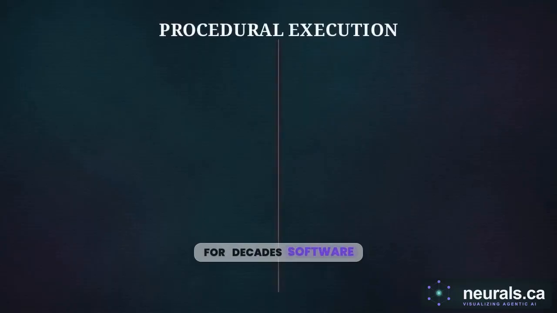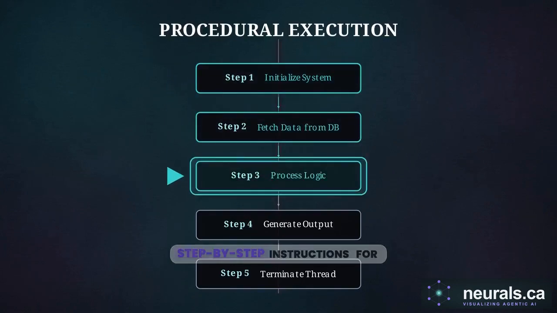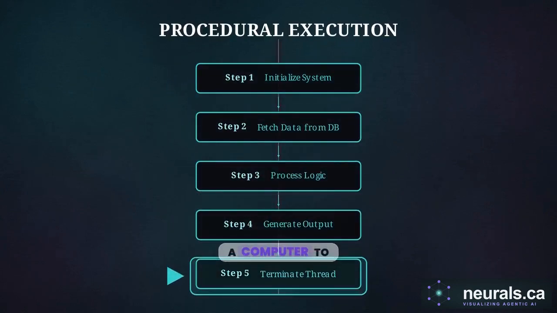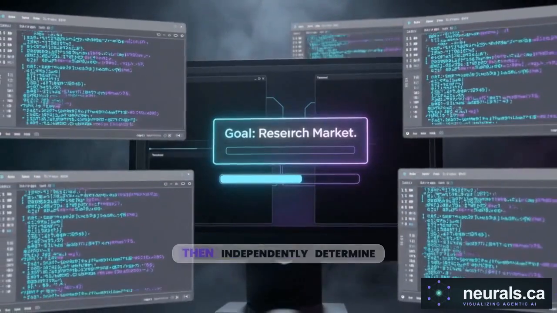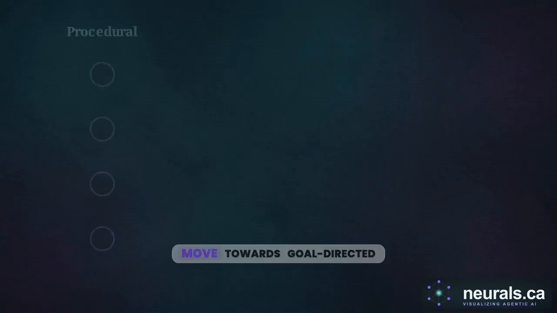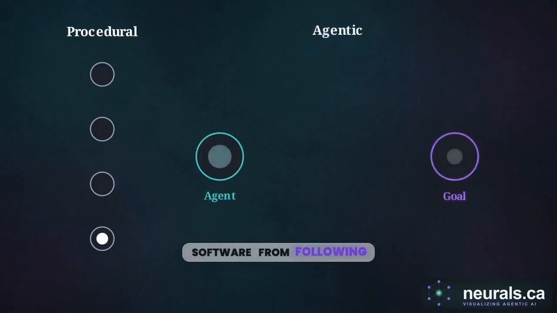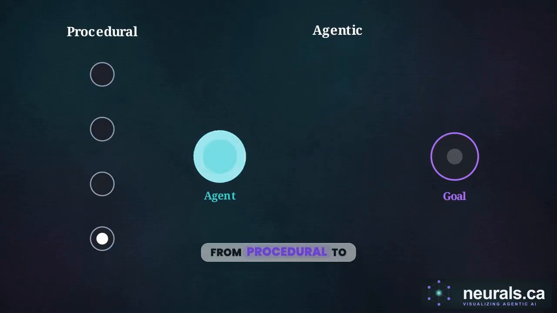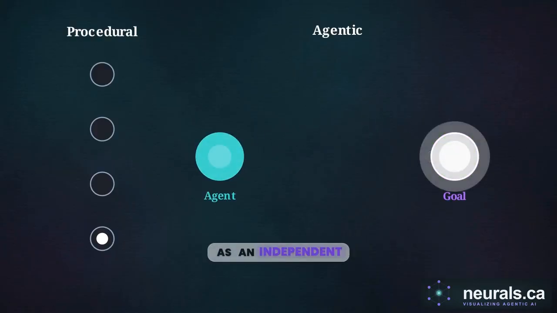For decades, software development has relied on procedural code, humans writing explicit, step-by-step instructions for a computer to follow. Now, we are designing systems that are given a goal and then independently determine the behavior required to achieve it. This represents a move towards goal-directed behavior, shifting the logic of the software from following static pathways to making decisions under uncertainty. It mimics the architectural transition from procedural to object-oriented programming by treating the AI as an independent, interacting